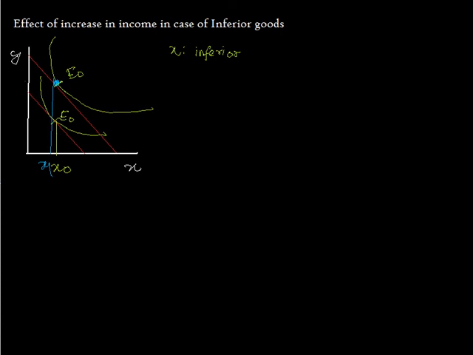The only point which you have to remember is that when income has increased, your new consumption should fall below x naught. So if you try to find out the change in x, that will be x1 minus x naught, but in this case it would be less than 0. This will be negative. So the new consumption of x is less than the old consumption, and this is the case of an inferior commodity. That is, when income has increased, the amount of consumption of that inferior good has fallen. So this is your inferior